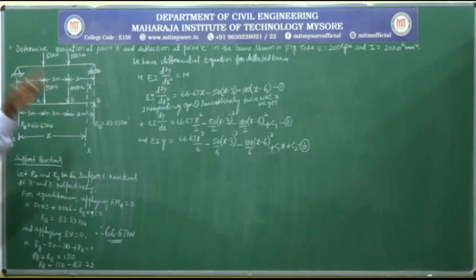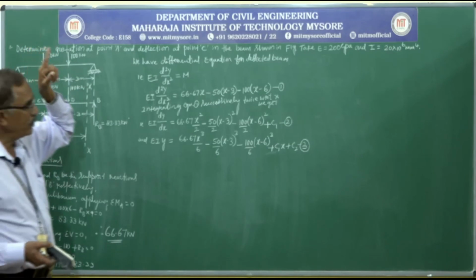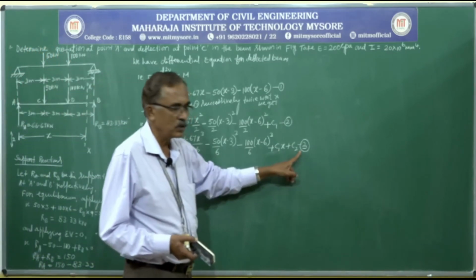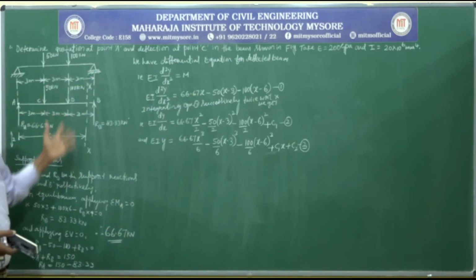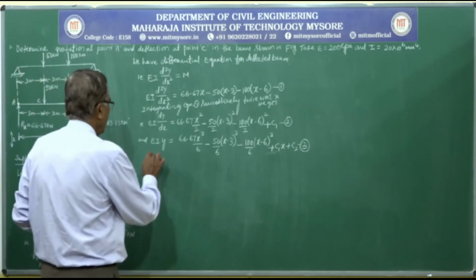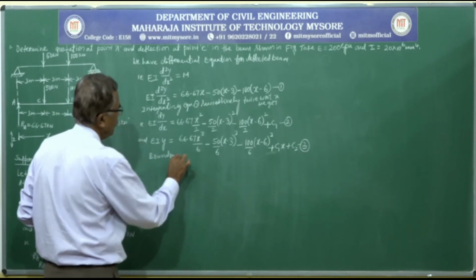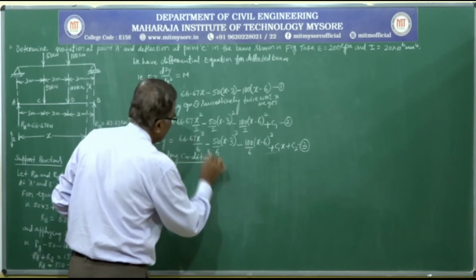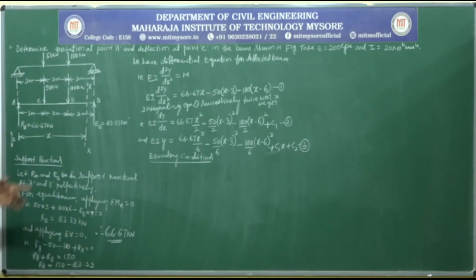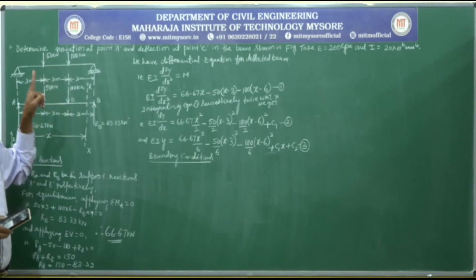We integrated equation 1 two times with respect to x and got 2 more equations, equation 2 and 3. Now we need to calculate the integration constants C1 and C2. For that we have to apply boundary conditions. As we already discussed boundary conditions, let us apply them. We have to create the boundary conditions based on the given problem.